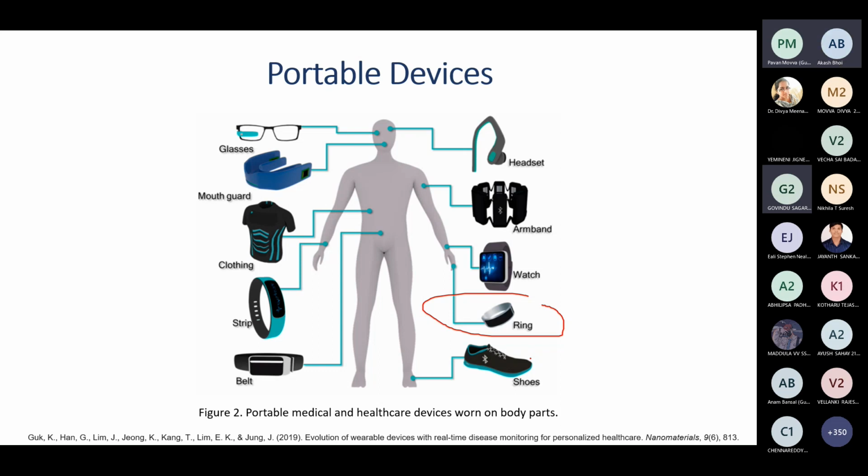So again, the advances in the field of, let's say, wearable biochemical sensors have been there, but it is not that fast as the other technology. If we